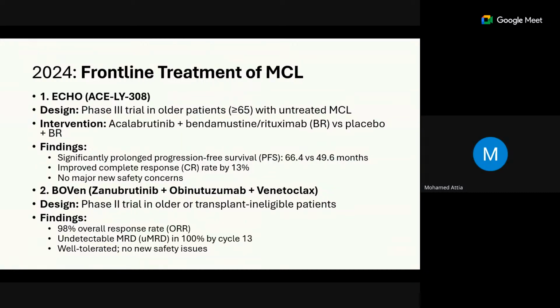So mantle cell lymphoma is the cousin of CLL. In CLL, BTK inhibitors made a paradigm shift, a change in the management and outcome. Also in mantle cell, the BTK inhibitor becomes a very important cornerstone, and it can remove the need for the autologous stem cell transplantation if used as a maintenance dose. The problem in these drugs is